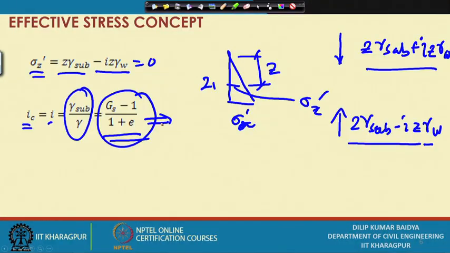So, what is the significance? Whatever we have got here is theoretical. Now, what is the significance of this? The significance is that when flow takes place in the downward direction, that extra stress has to be calculated, the extra pressure that will come to the foundation has to be considered. And when flow is taking place in the upward direction, the stress will be reduced, and it can be reduced so much that the soil may not have an effective stress, and if soil does not have effective stress, it means it is like a fluid.